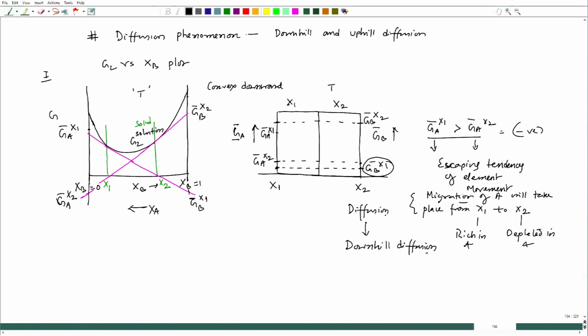So, that is actually decided by the chemical potential; it moves from higher chemical potential to lower chemical potential. Let us see whether this downhill diffusion is applicable with respect to solute B. With respect to solute B, G_B bar at x2 is actually greater than G_B bar at x1. So, that means B will migrate